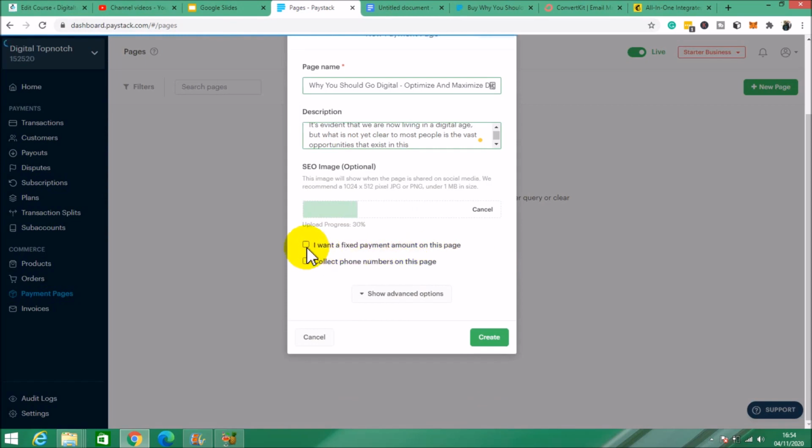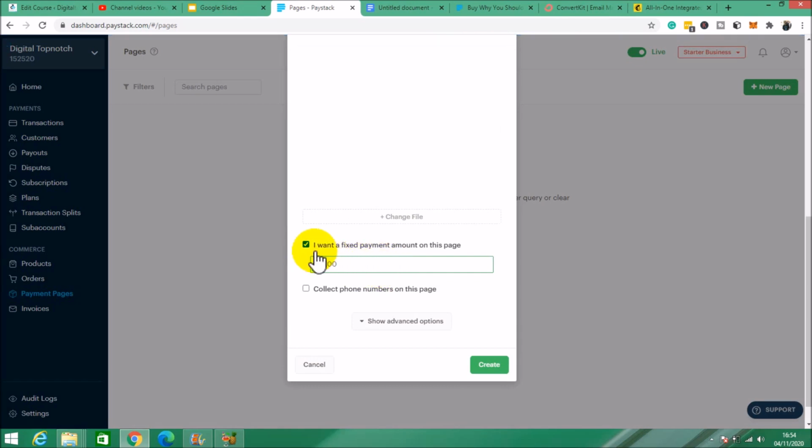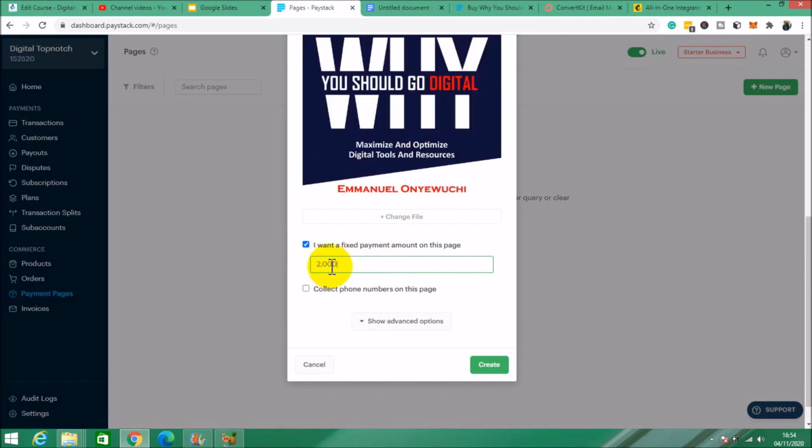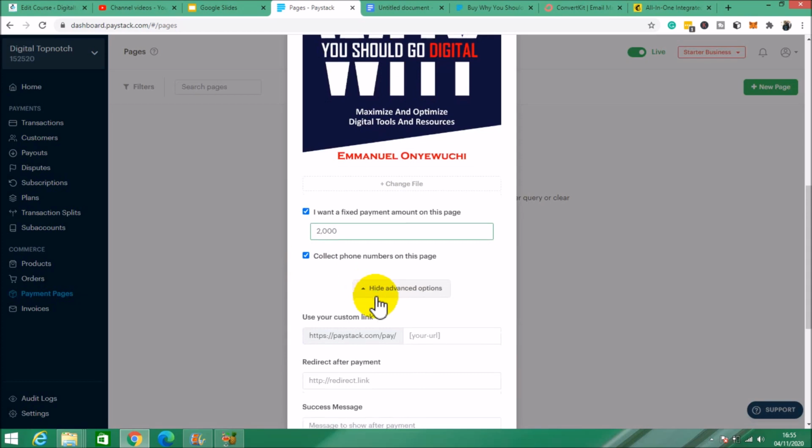Now you can charge a fixed payment for this. You can say, okay, the product is 2K. If it's a fixed payment, you indicate it. You can indicate if you want to collect phone numbers of your customers, which is actually not a must. If you want to, then fine, just indicate it. Advanced option, this is also